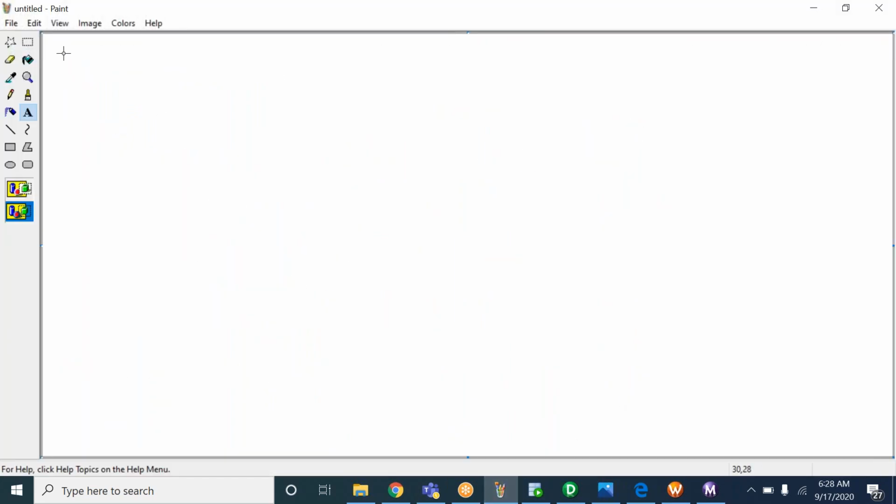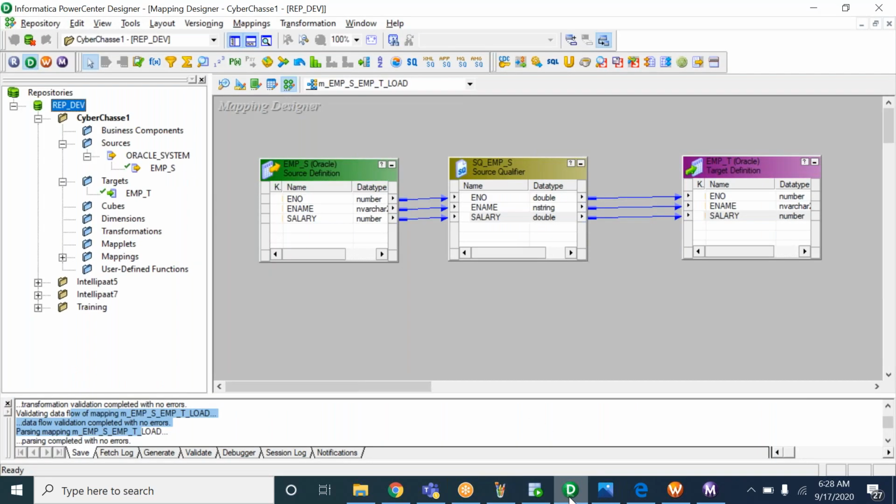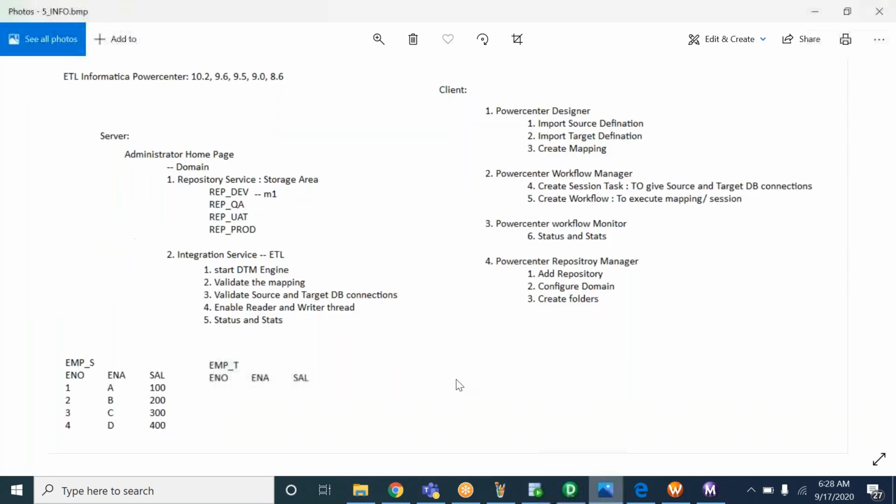Okay. So is it the same when we make a mapping between two new tables? Yes. If you create another new source table and another new target table, you have to follow the same 6 steps. That's what I asked you to practice. In the last class, we discussed how to create a mapping, session, workflow and so on, and practically everyone did it. So the same thing I asked you to practice.